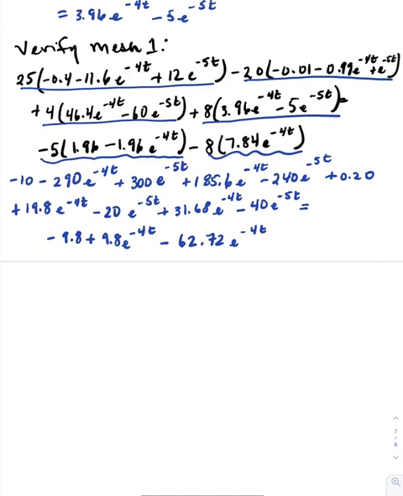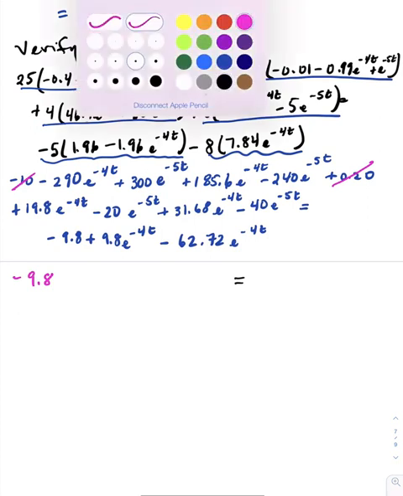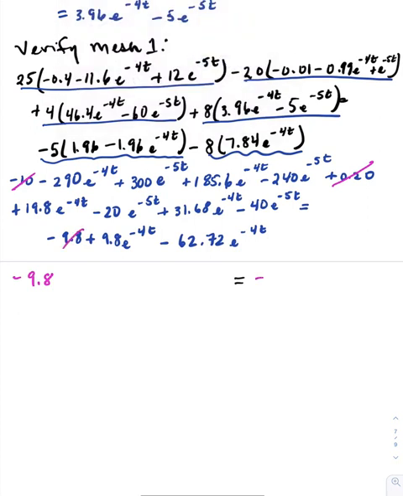All right, so let's find all of our constants. So minus 10 plus 0.2, and yeah, so we will make that minus 9.8, and on this side it's minus 9.8,